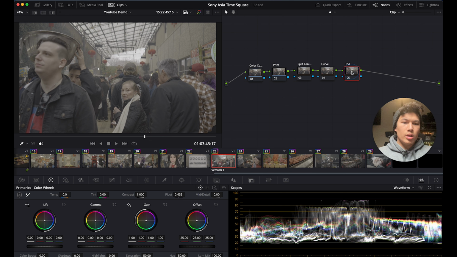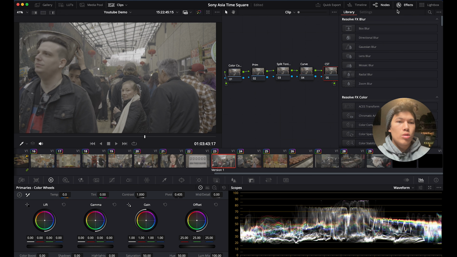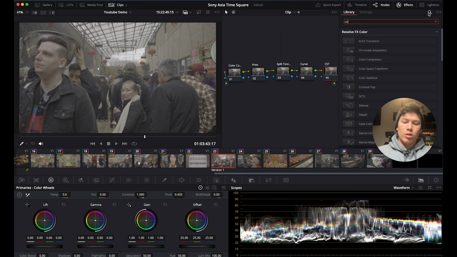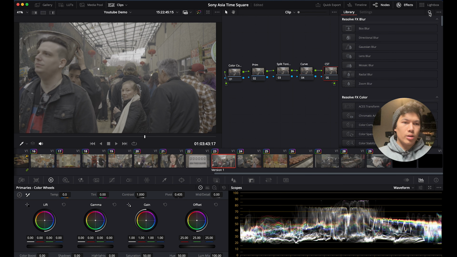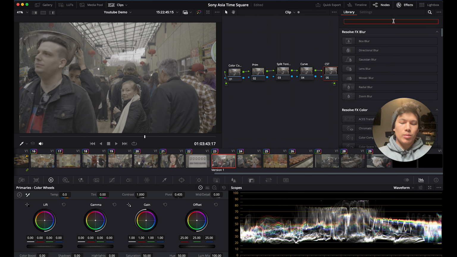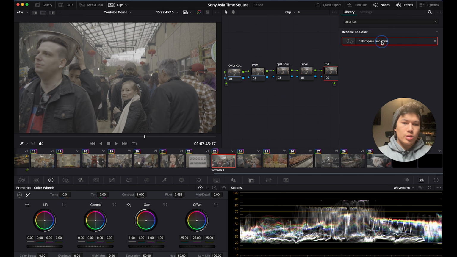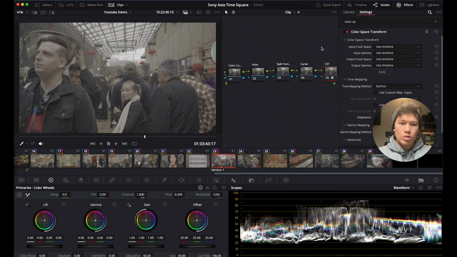Enter. Okay, so I'm going to go ahead and convert this footage, which is S-Log footage. I'm making this video for someone I know that is doing this in D-Log. So I'm going to go to the effects, color space transform, drag this. In your effects library, go to the magnifying glass, type in color space. There you go, color space transform. Drag that onto your CST, and you'll be introduced to this input color